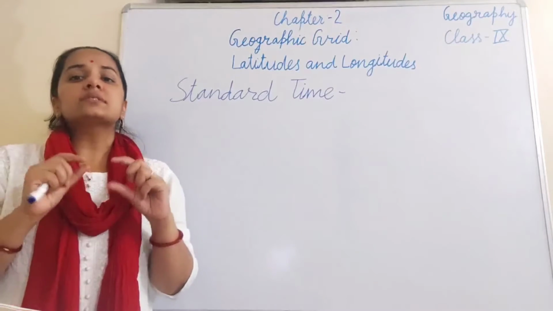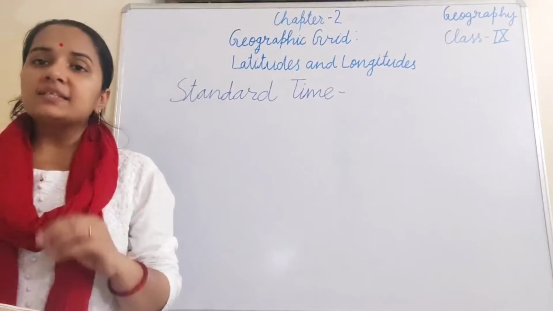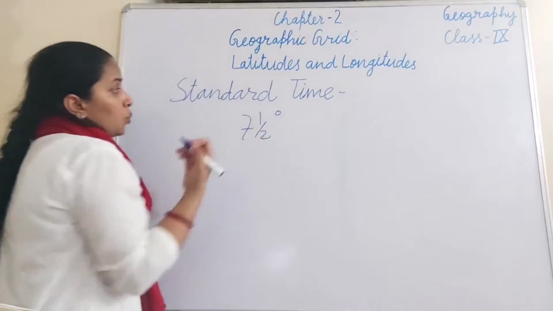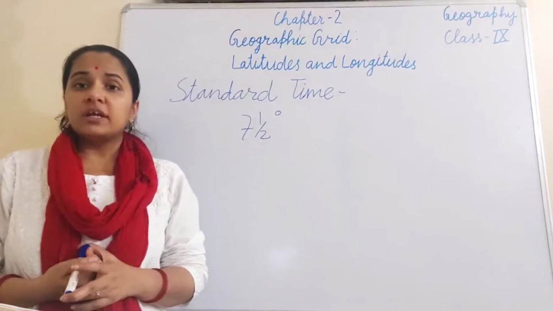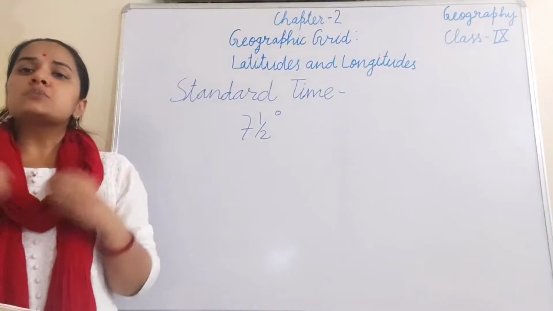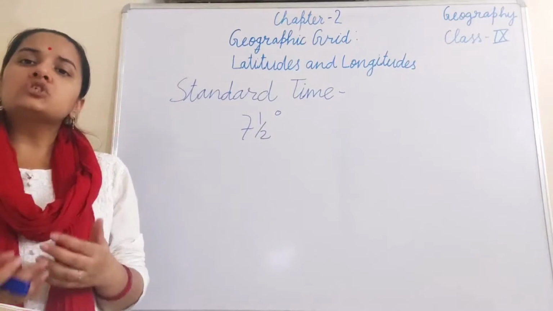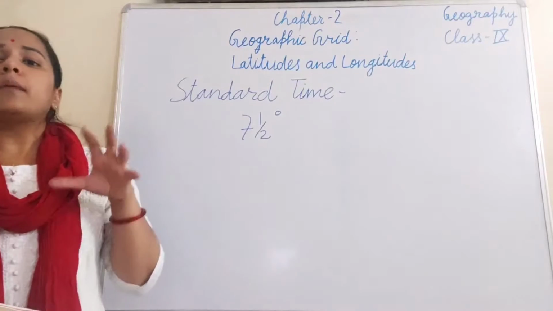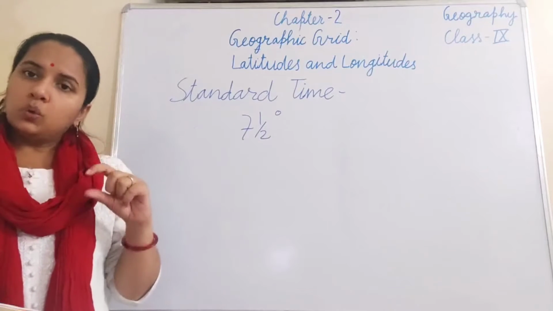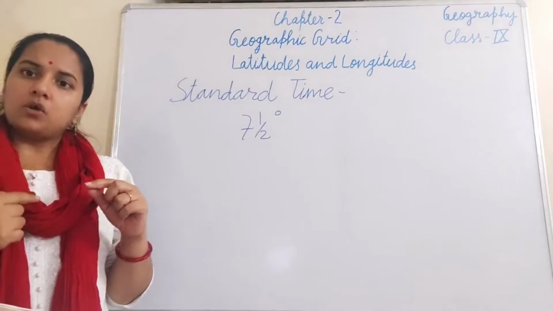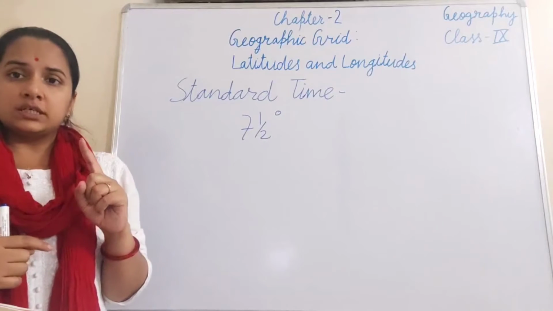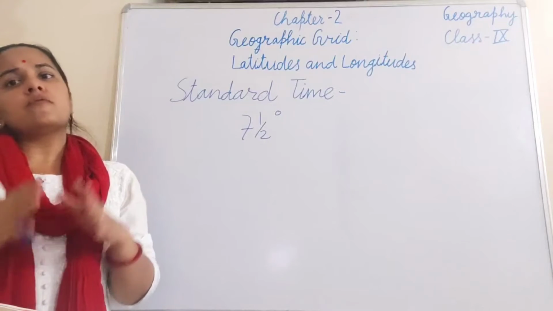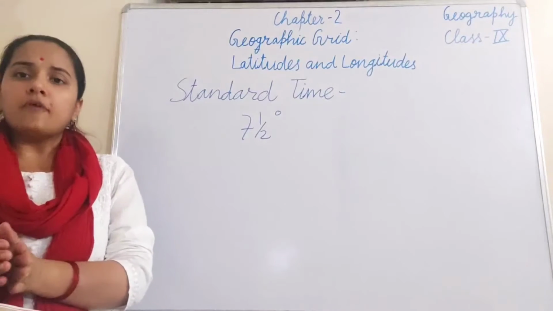And whatever the standard time is fixed, that must be divisible by 7.5 degree. Why must it be divisible by 7.5 degree? So that we will not have smaller differences and not much complicated calculations for calculating the time at a particular place. We know the difference in the longitude for 1 hour is 15 degree. So if we have to calculate, it has to be in terms of the complete hour or half an hour,